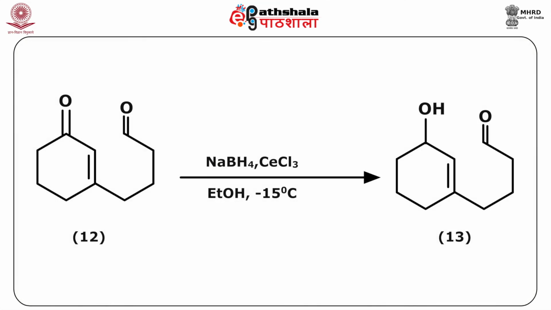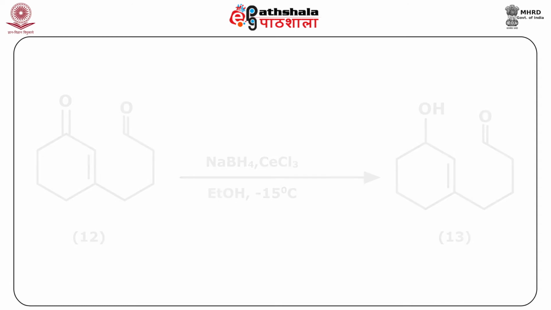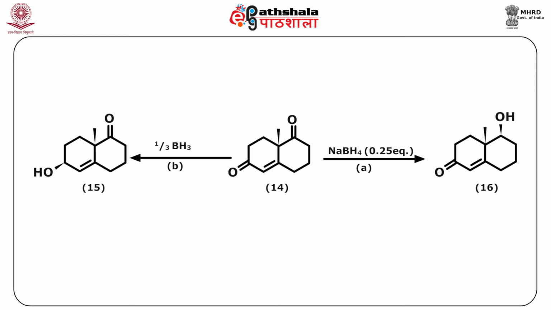Compound 4, 3-oxo-cyclohex-1-enyl butanol, reacts with sodium borohydride, cerium chloride, and ethanol at a temperature of -15 degrees to give 3-hydroxy-cyclohex-1-enyl butanol. Reducing agents like sodium borohydride in the presence of cerium chloride and ethanol react with only the alpha beta unsaturated ketone. Another example is the reduction of an alpha beta unsaturated ketone, which reacts with sodium borohydride, reduces the carbonyl group